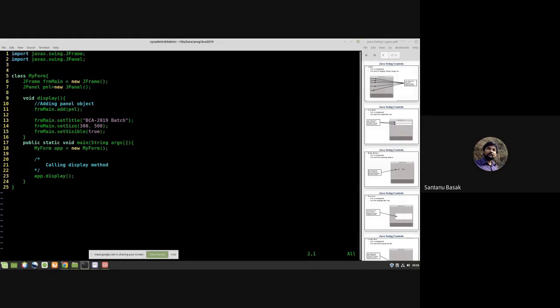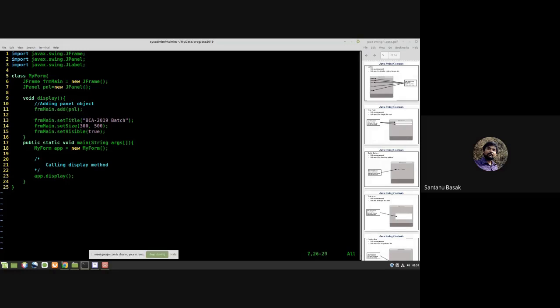First, import the JLabel class, so that we can see something in the actual main window.